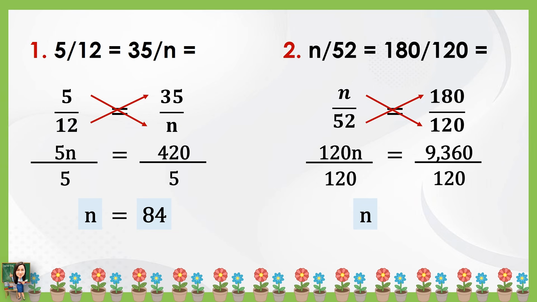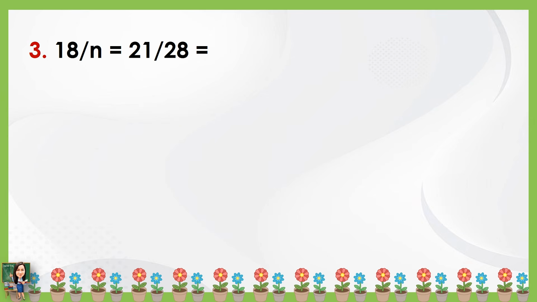9,360 divided by 120 equals 78. Therefore, the value of n is 78. Number 3. 18:n equals